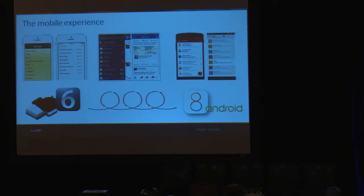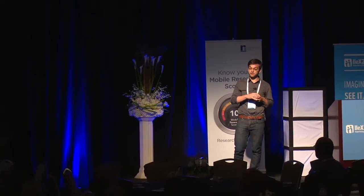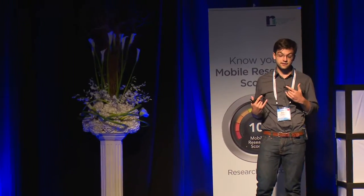Going from iOS 7 to iOS 8, or from Android Gingerbread to Android Lollipop, or Ice Cream Sandwich to Lollipop, we've seen shifts from, say, skeuomorphic design, given in this iOS 6 Notes app example, to more flat, less tactile design. We've seen bottom toolbar menus as a standard in mobile technology shift to sidebar menus, and then pivot back into bottom toolbar menus as it was found that sidebar menus obscure too much content and hide too much of what the app has to offer